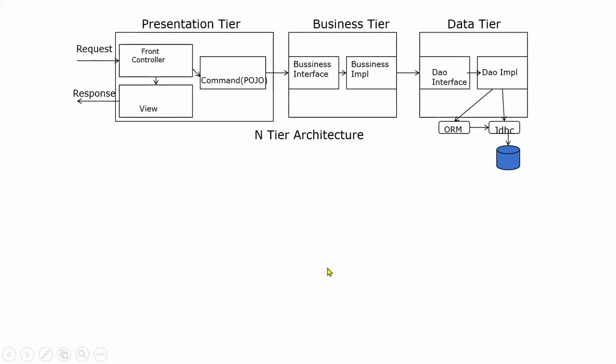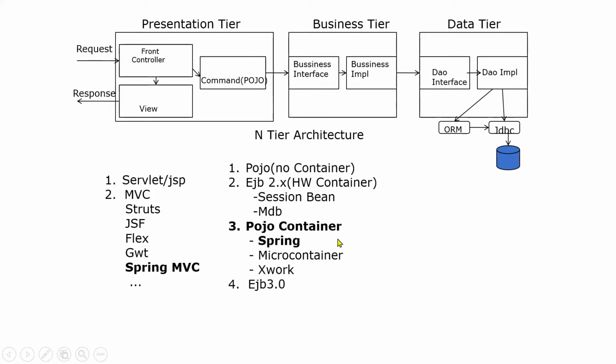So when we are developing a web application, we use the Spring framework across all three layers, right? Suppose in the presentation layer, we can use Spring MVC. Similarly, in the business layer, Spring has a POJO container. Initially, Spring started as a lightweight POJO container to manage the life cycle, and also to provide some services like transaction, security, and other stuff, right?